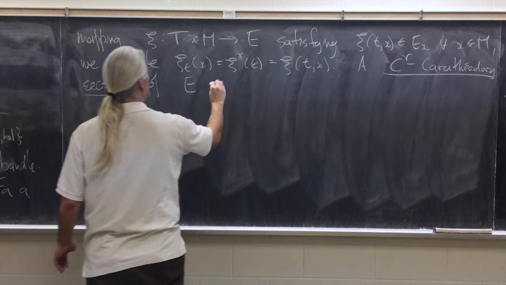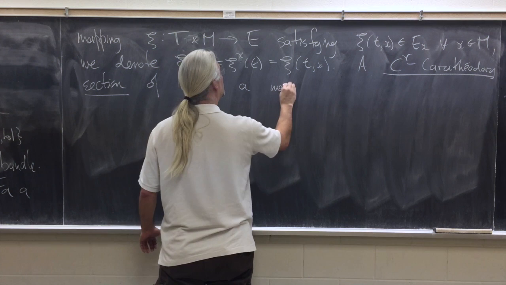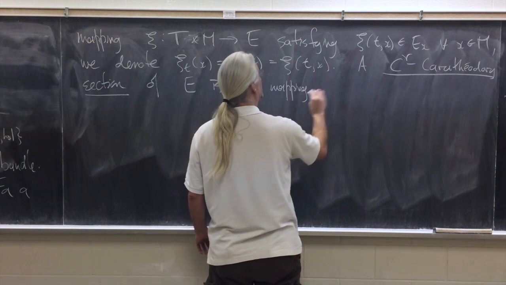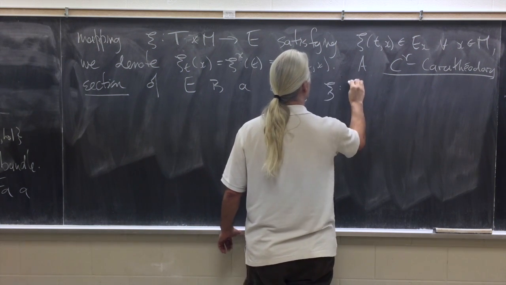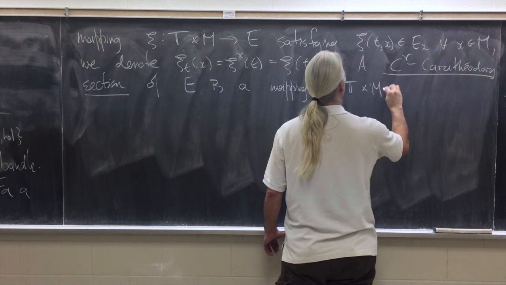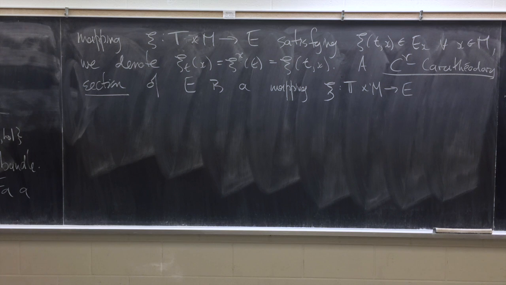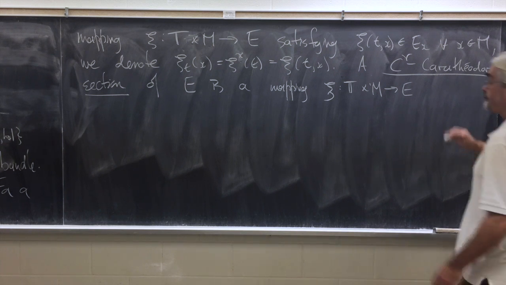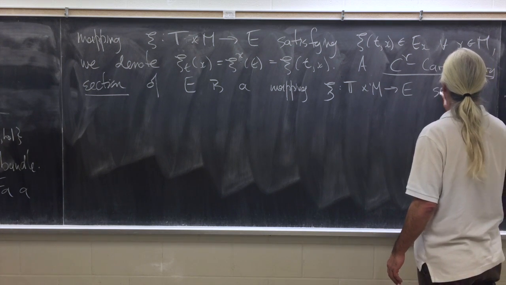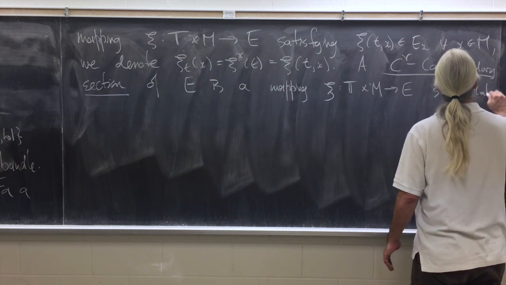It's a mapping, again C, from T cross M into E. Of course, it satisfies the section condition, so I'm not going to reproduce that. Such that